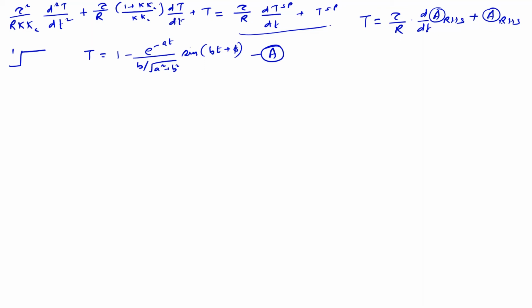So if we put it in, what we get is T is equal to the T set point, which is 1 minus e to the power minus a t times b by square root a square plus b square into sine. So that's the T set point part. And then we take the derivative of this times tau by R plus